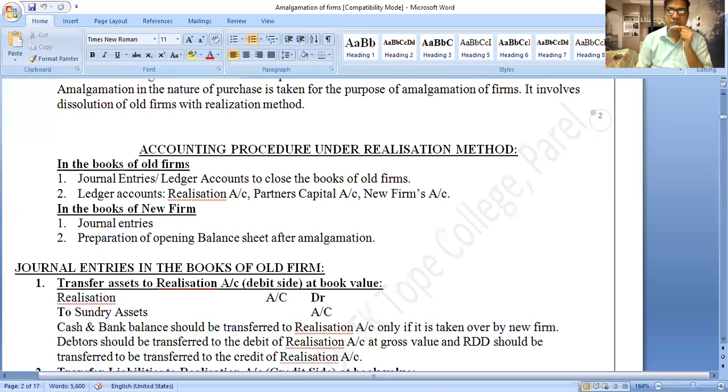Used for this particular posting. Now, what kinds of general entries have we discussed in our first lecture? First of all, we will transfer the assets to the realization account. The entry is: realization account debit to assets account. This entry we recorded in our